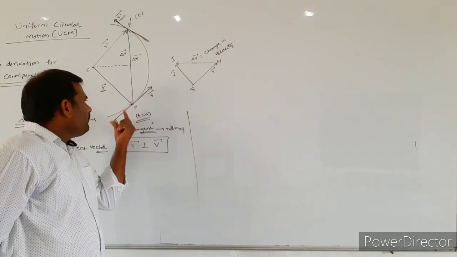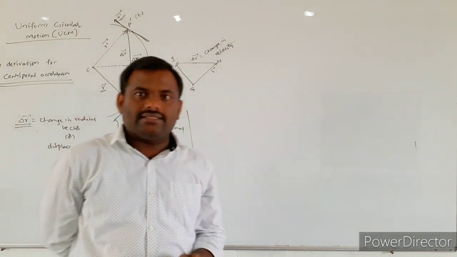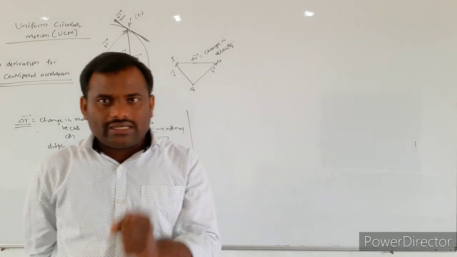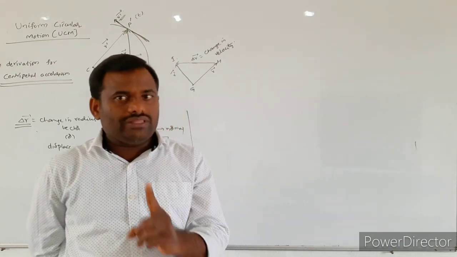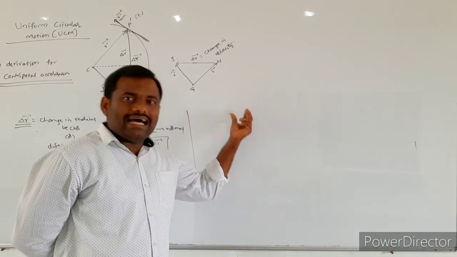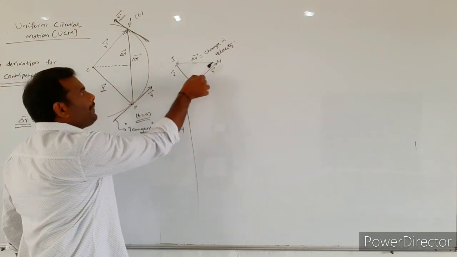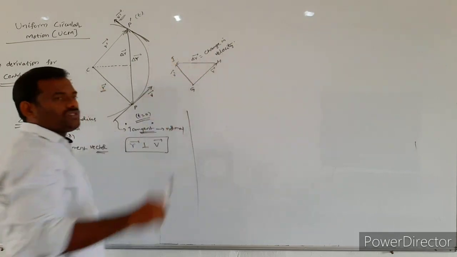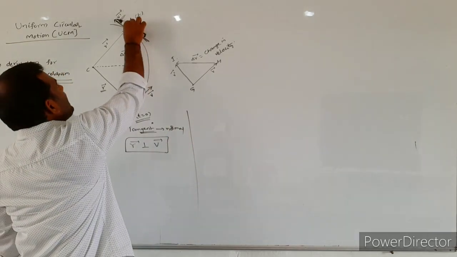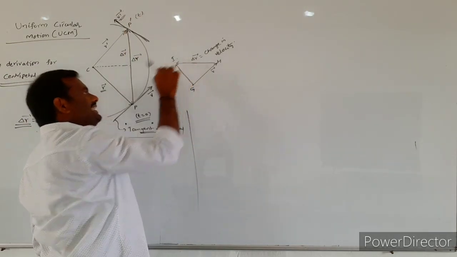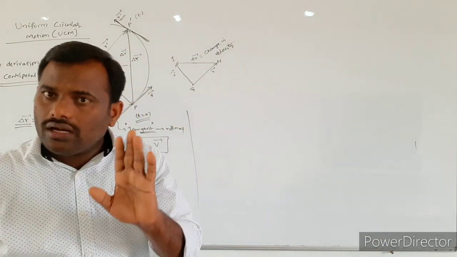Again, here V bar will be acting in this direction. Already in the vectors concept we discussed, we will draw a parallel vector of a given vector without changing its magnitude as well as direction. Because this V bar will be acting in this direction only, the same parallel vector I placed here, G to H. So G to H will be giving a parallel vector of V bar. Next, this is V dash bar. Same V dash bar was placed here. So the direction of V dash bar was not changed. Magnitude is also not changed.